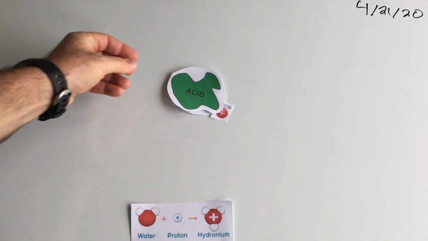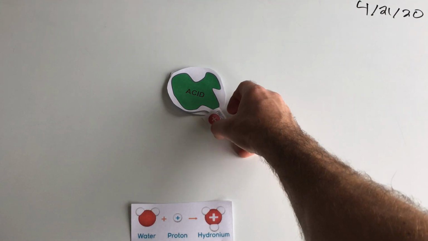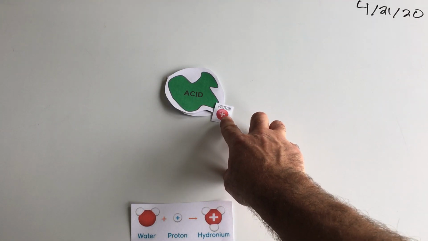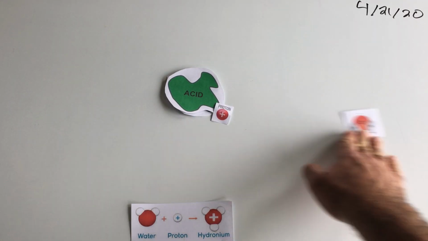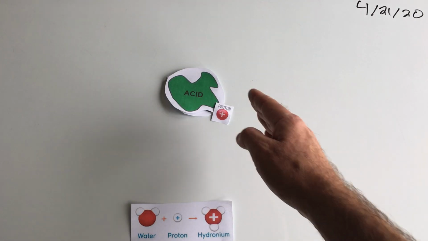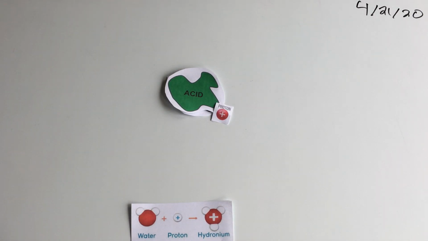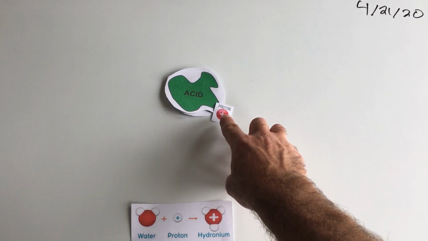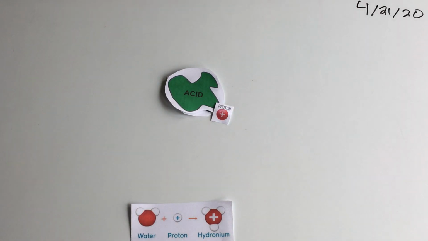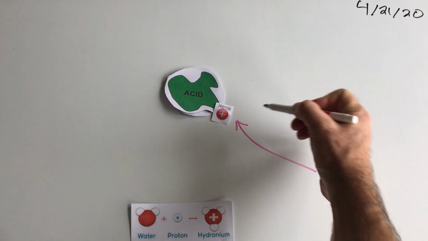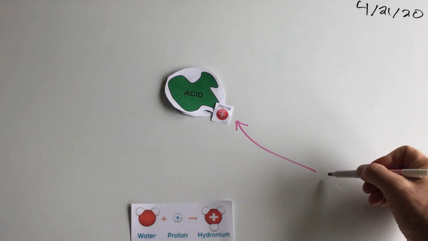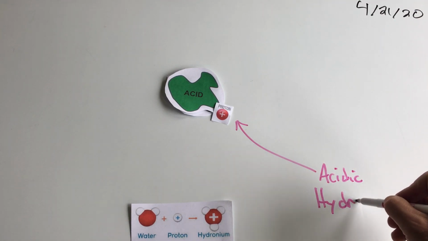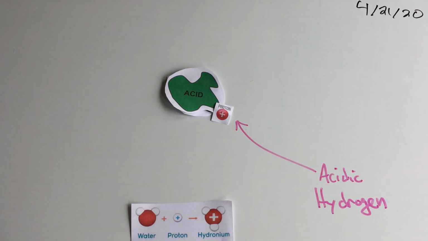And the reason it's an acid is because it has this proton, this lone proton, that I know, because of other labs I've run, would attach to water if it got near water. But I don't want to get it near water. So right now, it's an acid. And I know it's an acid because it has one of these. It has a lone proton way at the end of it that it's willing to donate to water. So it has this thing called a lone proton, or a hydrogen ion, or an acidic hydrogen. So if it has an acidic hydrogen, it is an acid.